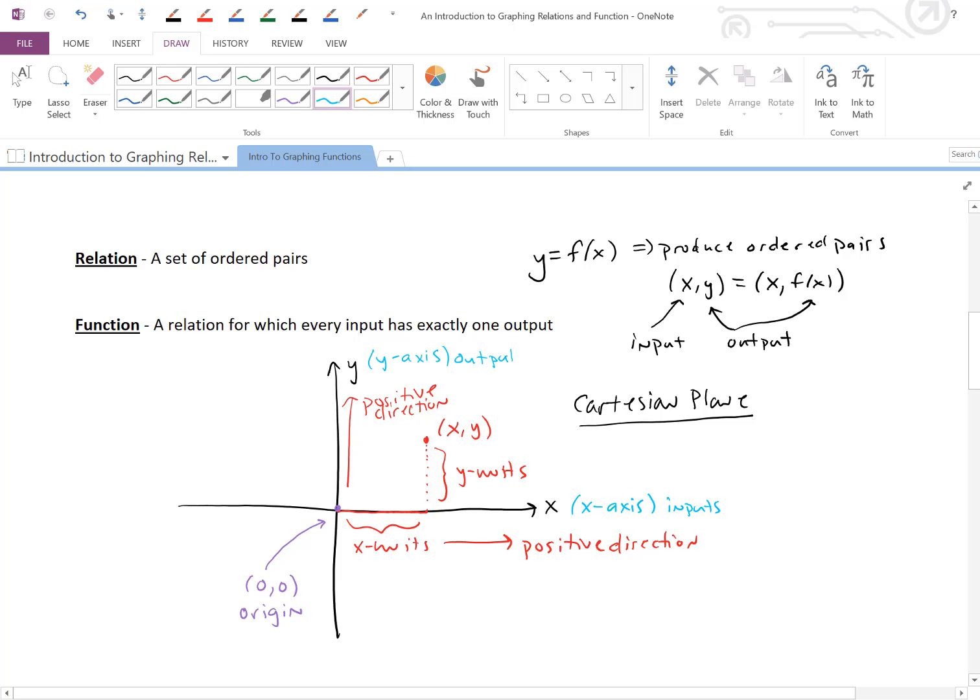So those are two specific locations where a point can be, as we'll see in the upcoming example. But what if you're not on the axis? Then you're in one of these four different locations where the axes split up the plane into what we call quadrants. So starting at the top right, if you're anywhere up in this location,